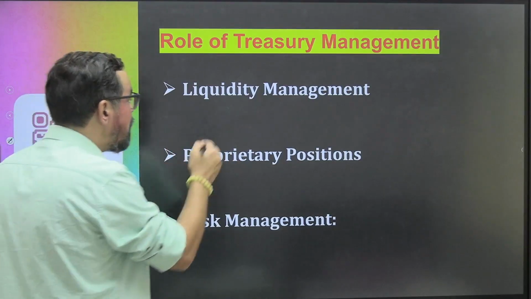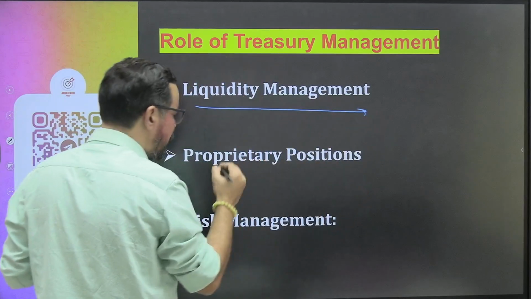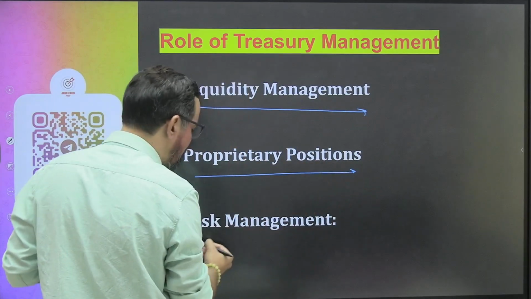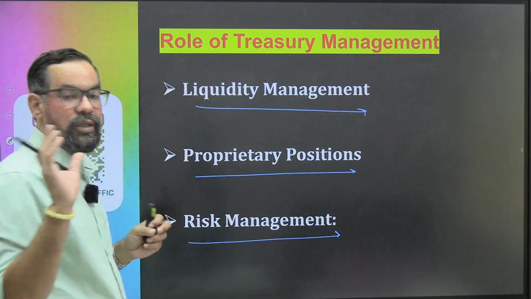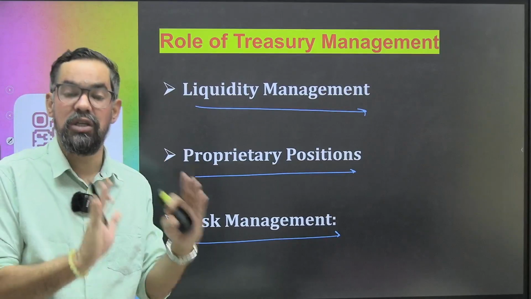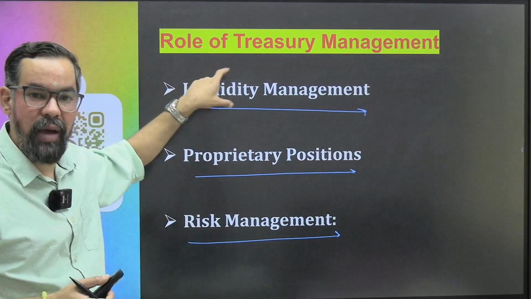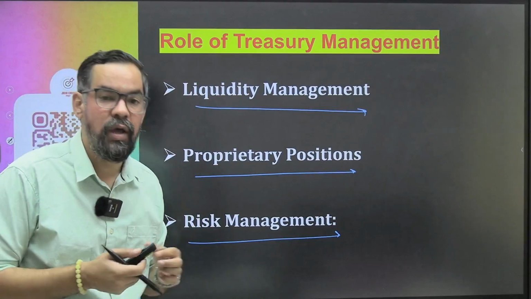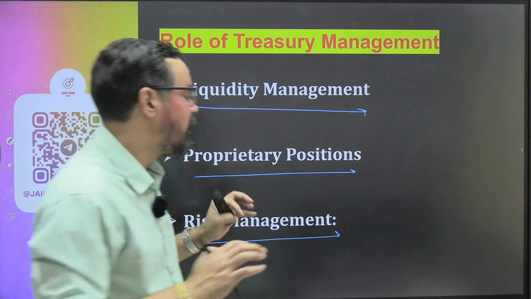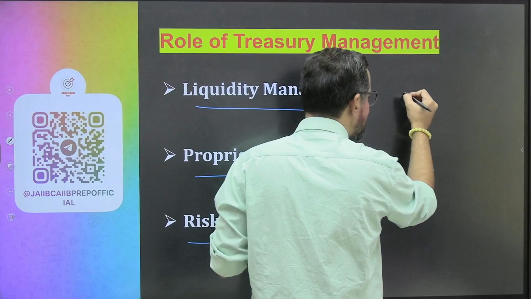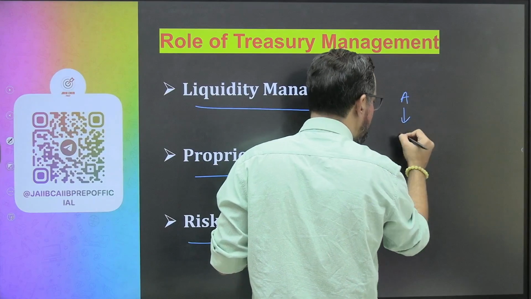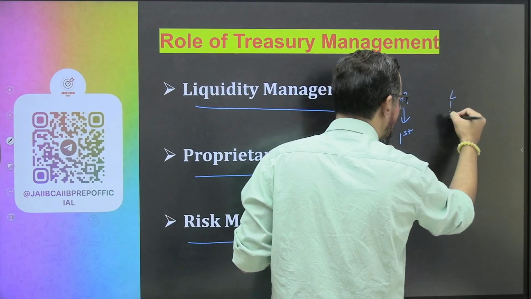First, liquidity management. Then we have proprietary position, and third one is risk management. So these are the three broad functions which are generally performed by the treasury management. So liquidity management, as I gave you an example of, let's say there is a general banking. Our assets are going to mature on the first, and our liabilities are payable on